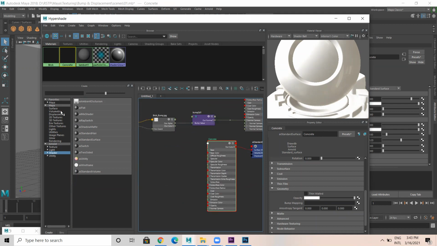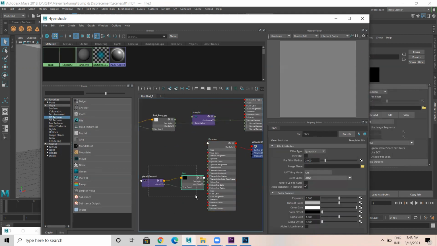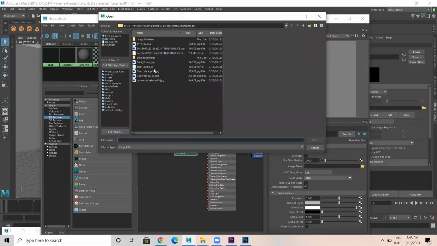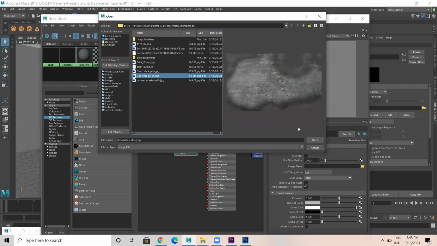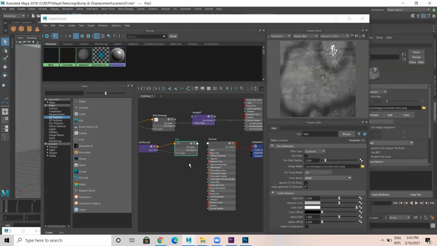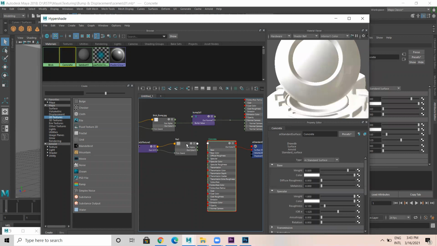Now for this concrete, I'll take a 2D texture, an empty file. Now this is concrete color. So concrete color is here. I'll take this. Now click on this. You can just drag and drop this color to color.